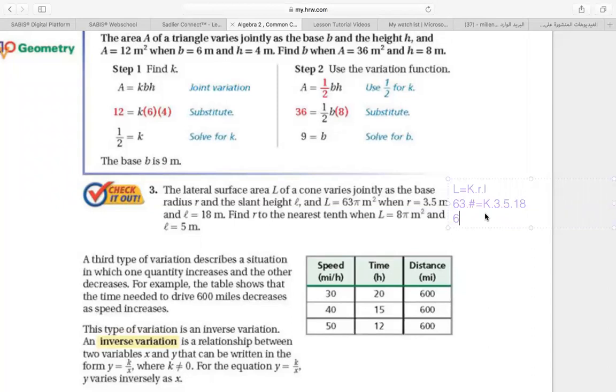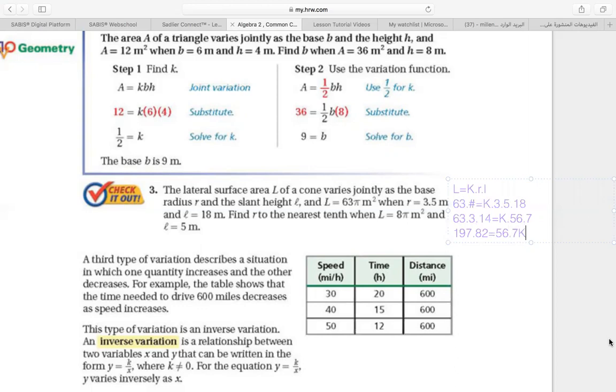So 63 multiplied by the value of pi, which is 3.14, equals k multiplied by 3.5 multiplied by 18. 3.5 multiplied by 18 is 56.7. So again, let me multiply the other side, which is 63 multiplied by 3.14, which is 197.82, equals